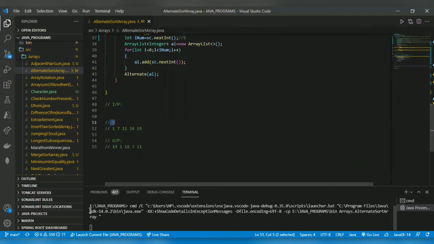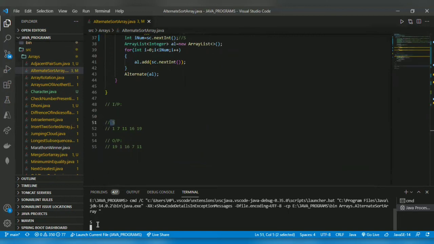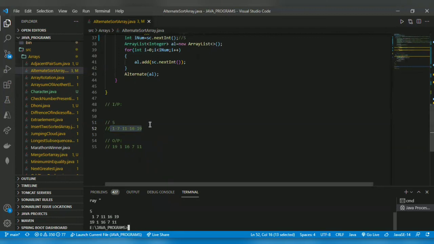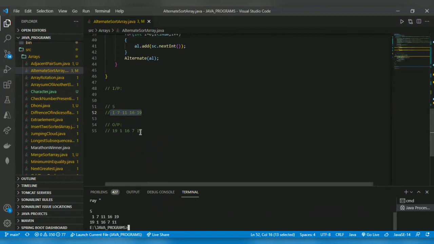I copy the same input. Yeah, 19, 1, 16, 7, 11.